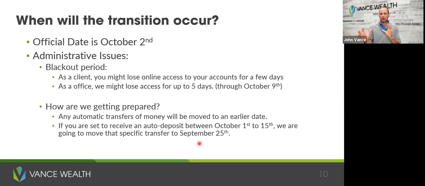That way, when we're in a blackout period, there's no surprises. We just don't want to have delays where we can't get access to information. So we're trying to be thorough and think through things that might come up. We're going to go through this process and look through everyone October 1st to the 15th. Any money movement, we're going to move up to the 25th. So just be aware, you're going to get 2 deposits that'll come in September, and then you'll resume back on your normal schedule. So that's just, again, some of the transition things.